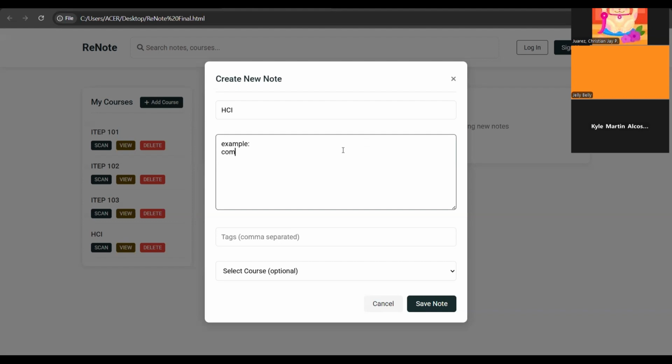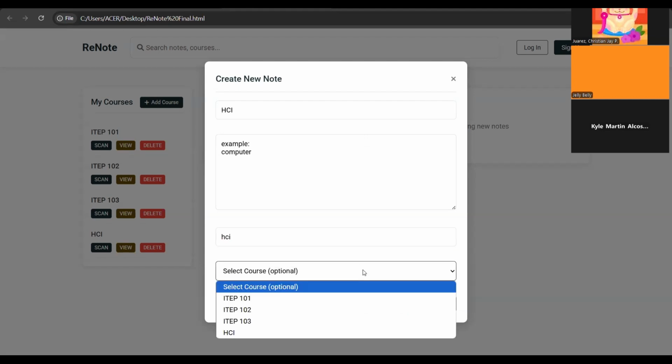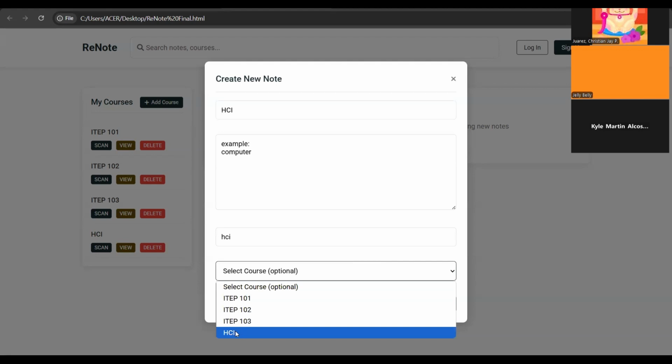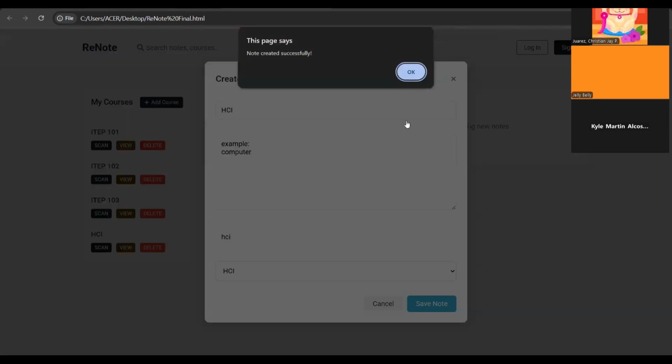Then the tags, you can also personalize your tags, then select the course of that type of course. Okay. Then save note.